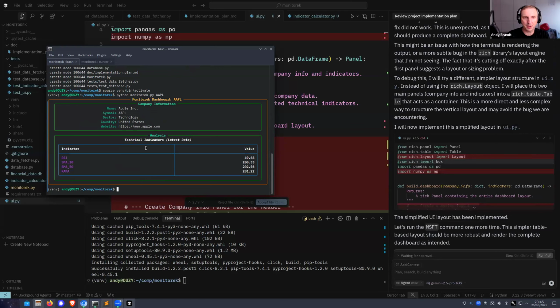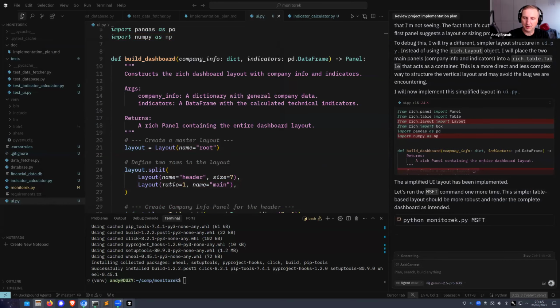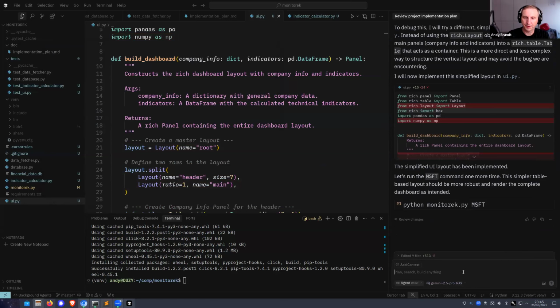Okay, so I like this. I like what happened. So what I will do now, I will not take those changes. I will reject those changes. I will skip running again, and I will stop the model now. And I will say, okay, it seems this works, except it is not showing it as a full screen console display.